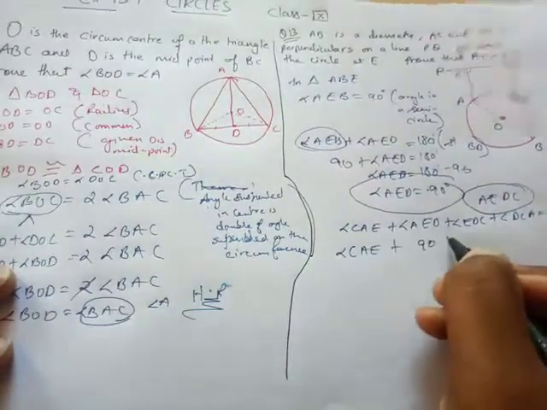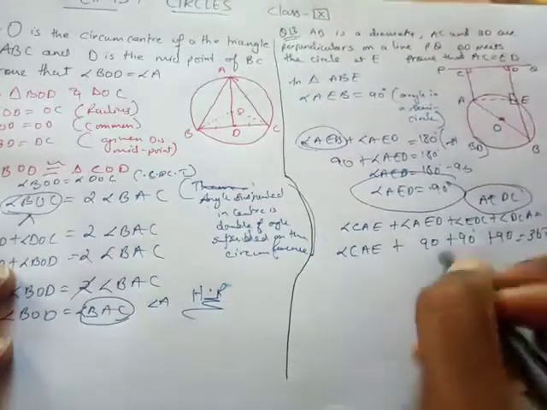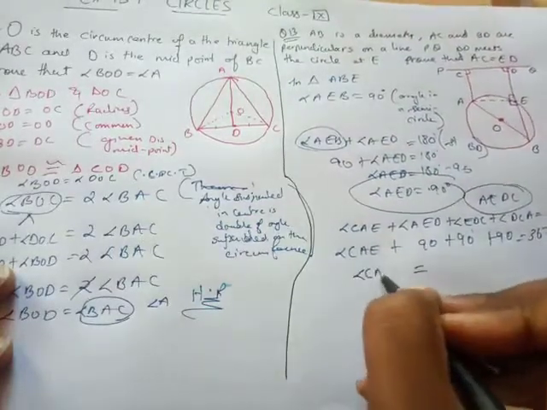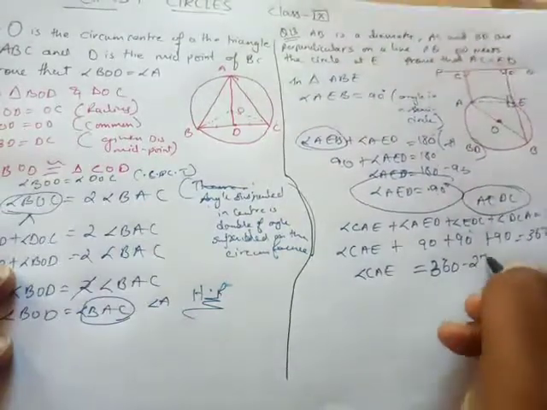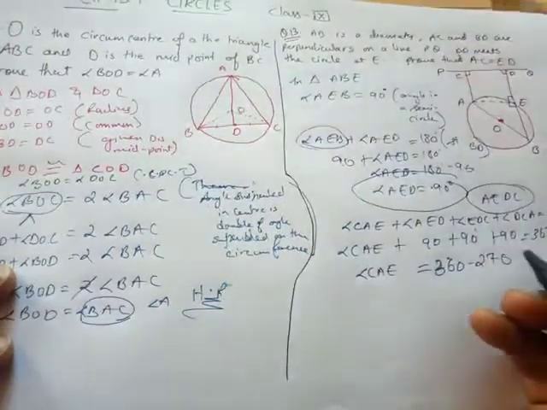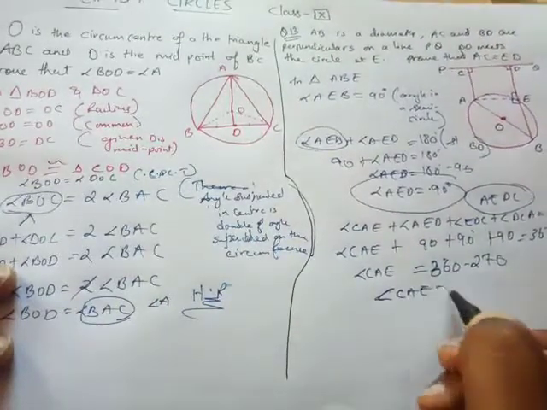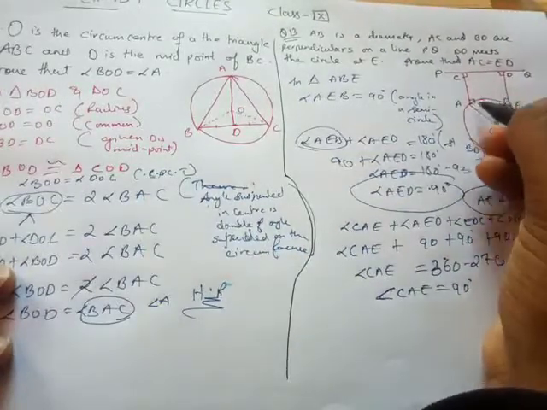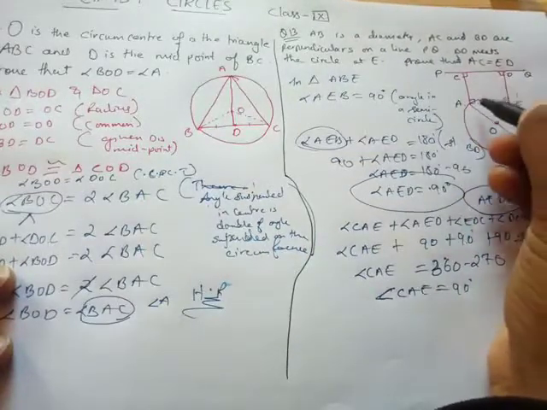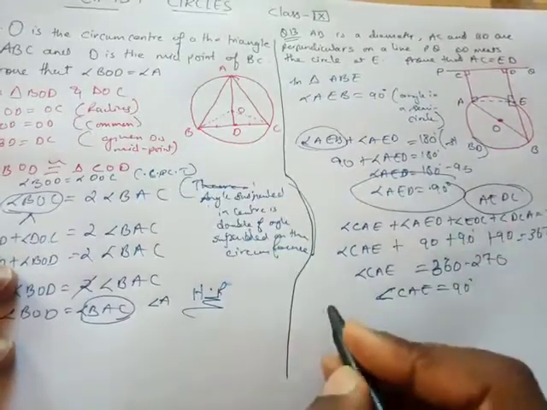Plus this is 90, this is 90, this is 90, equals 360, and CAE is going to be 360 minus 270. And how did we get 270? This you can add, you'll get 270, and when you subtract, angle CAE equals 90 आएगा. तो आपको पता लग गया कि भाई ये एंगल जो ये फिगर है AEDC, ये सारे एंगल इसके 90 डिग्री हैं. अब सारे एंगल 90 डिग्री कौन कौन से फिगर्स में होते हैं?